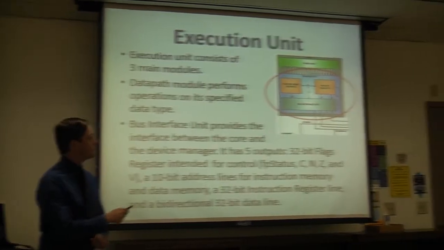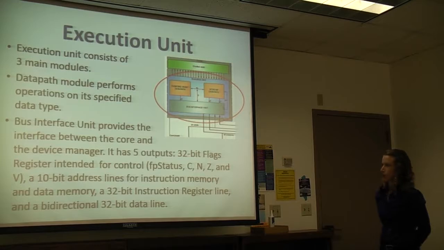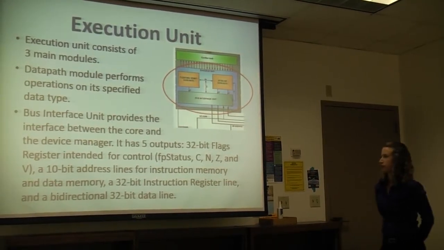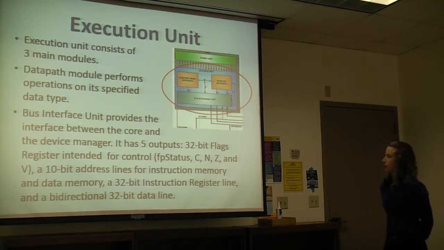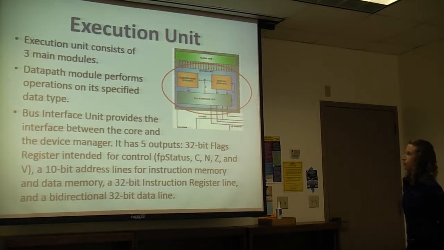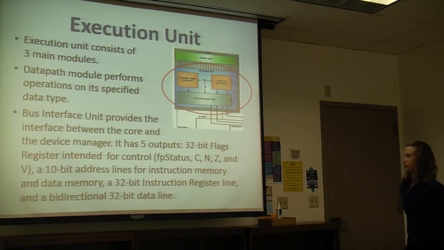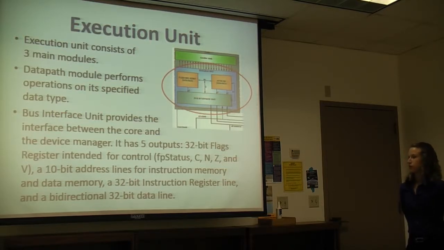Our execution unit consists of 3 main modules. Each data path module performs operations on its specified data type, and the bus interface unit provides the interface between the core and the device manager. The bus interface unit has 5 outputs: the flags register intended for control, and an instruction register line used by the control unit, as well as two 10-bit address lines and a 32-bit bidirectional data line, which go to our device